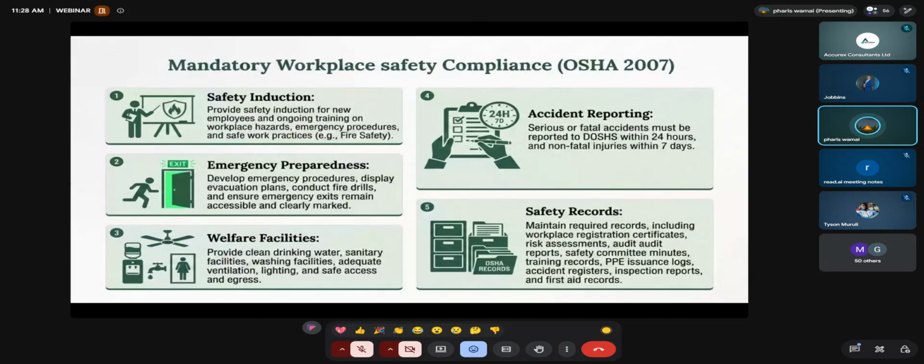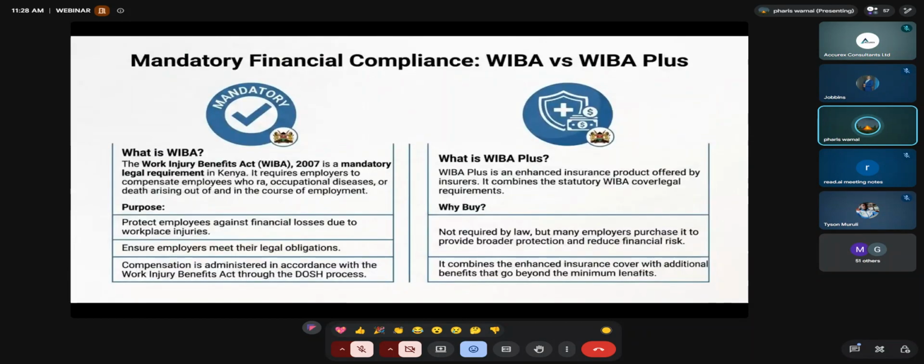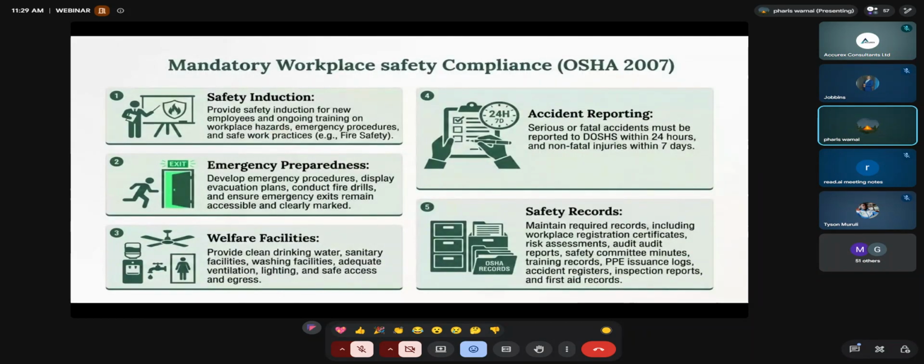So I want to look at the mandatory workplace safety compliances. So number one, which is mandatory, is the registration of a workplace to DOSH. That is the first one. Secondly is safety induction, making sure that your employees are provided with safety induction, especially the new employees, and then